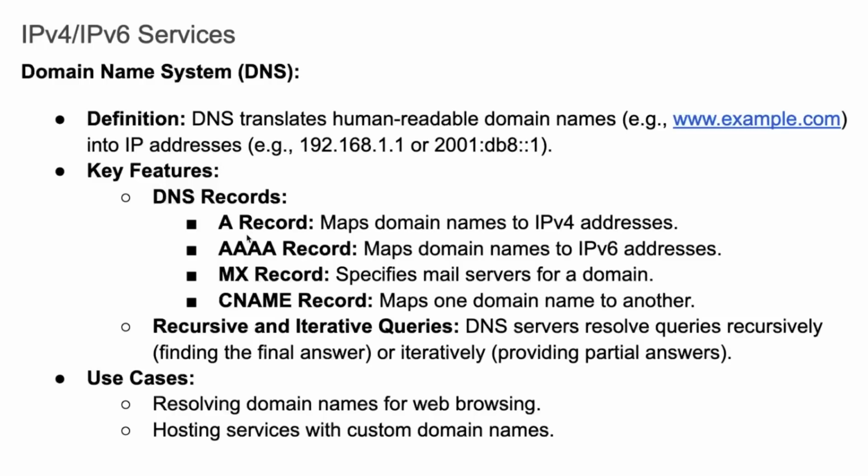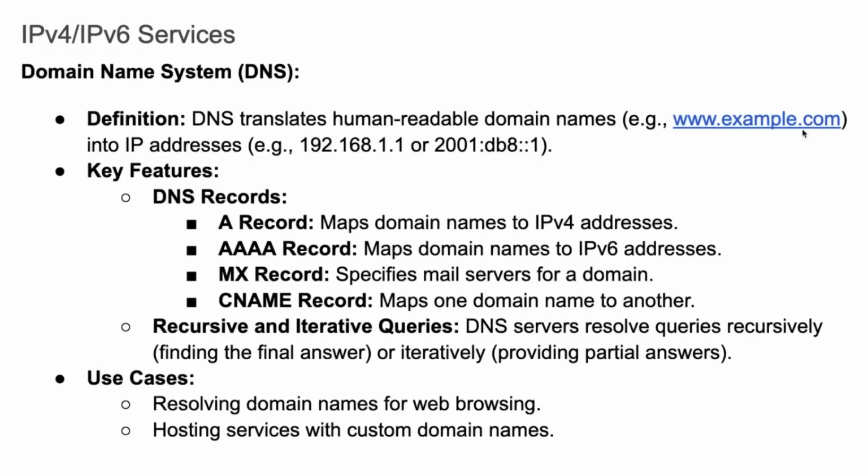Now, the key features are these various records that we have, right? So we have the A record, which is the IPv4 address, so it maps the domain name to the IPv4 address. The quad A record, the quadruple A record, maps the domain name to the IPv6 address. And then the MX record is for mail, so it specifies the mail servers for a domain. And the CNAME record maps one domain name to another. So for example,